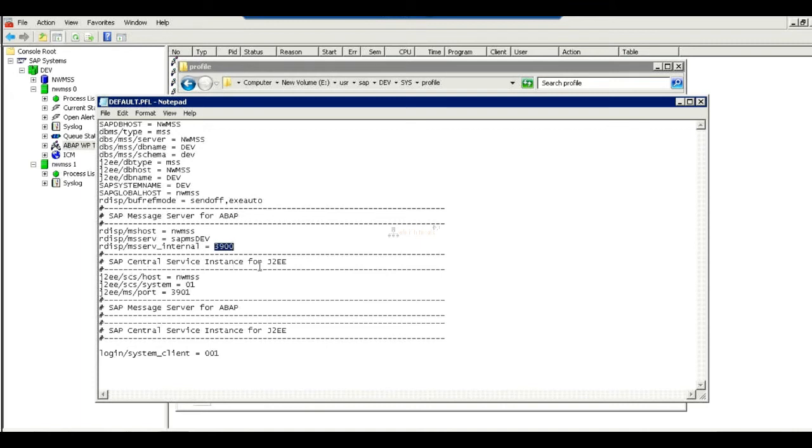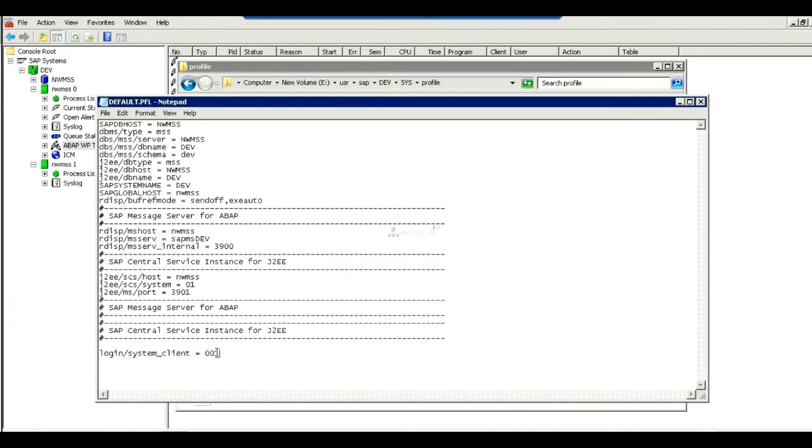Central services instance of J2E. J2E message service port 39, central service instance number 01. And login/system_client. Remember this parameter name. We will discuss it later. This is an important parameter name.